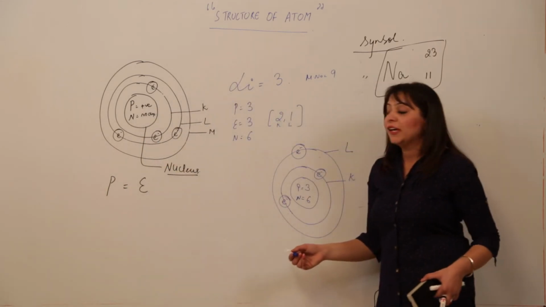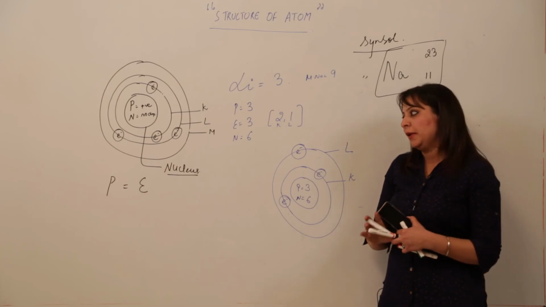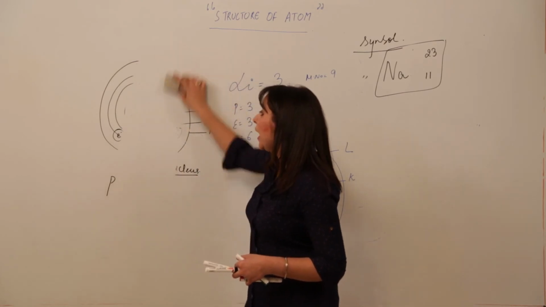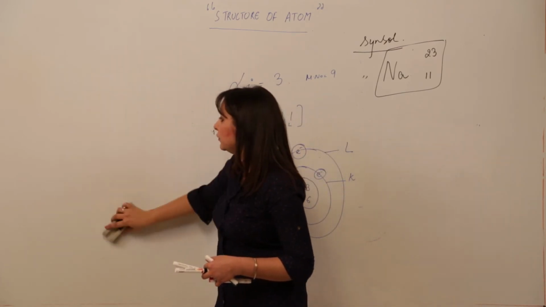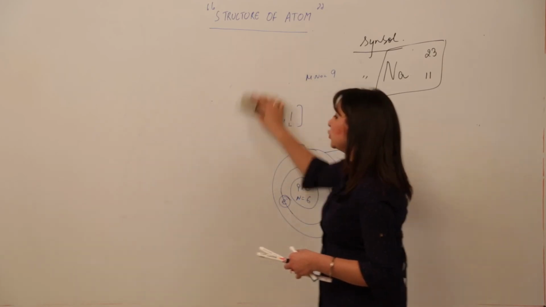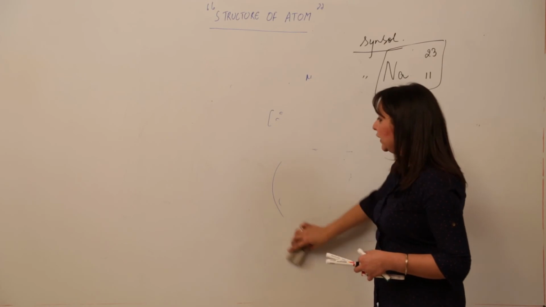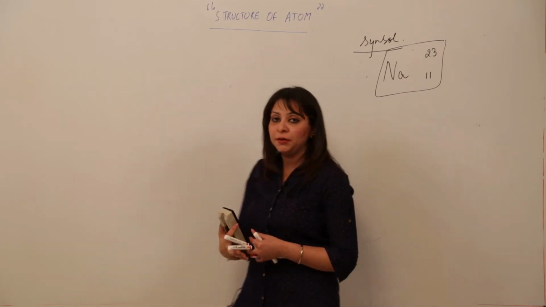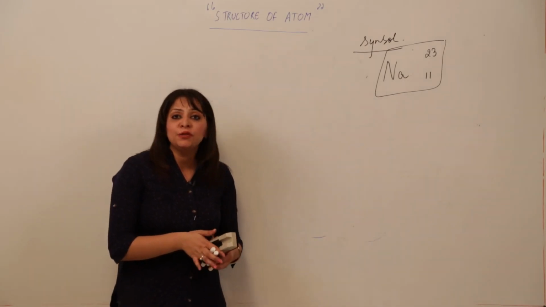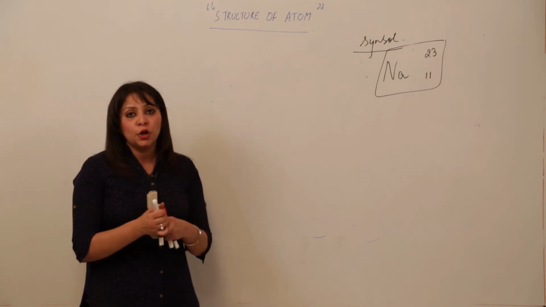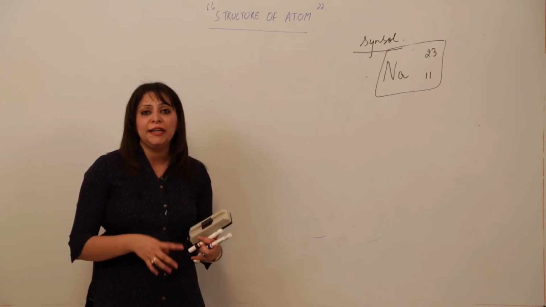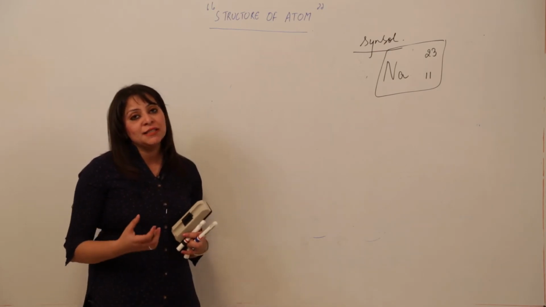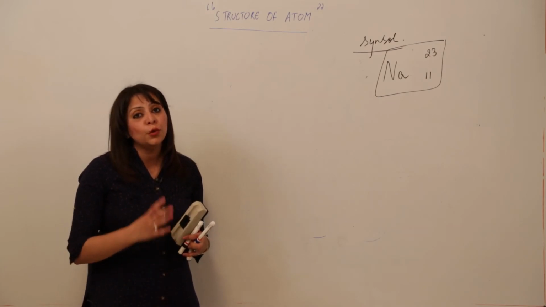So this is how you can make the atomic model for different elements. And one more thing, I am repeating again and again, you have to remember the atomic numbers. You should be well versed with the atomic numbers. You won't get those in exams. And these are very important because they will be used in different tasks we will be doing. If you are not well versed with the atomic numbers, you won't be able to calculate proton, neutron, electron, configuration, and don't even think about the atomic model, because the atomic number and mass number are very important, and atomic number is most important.